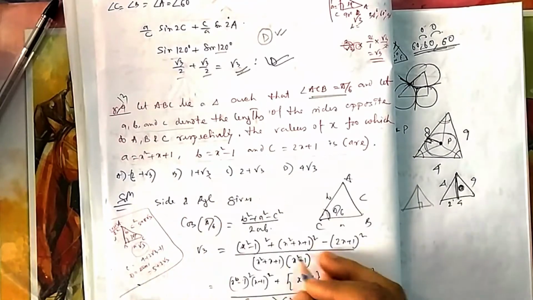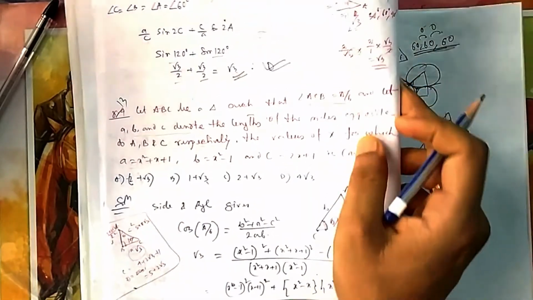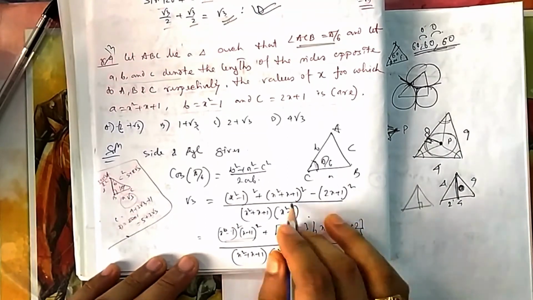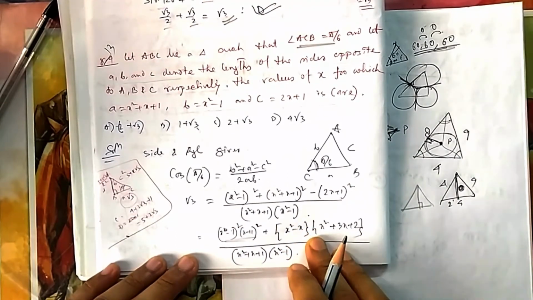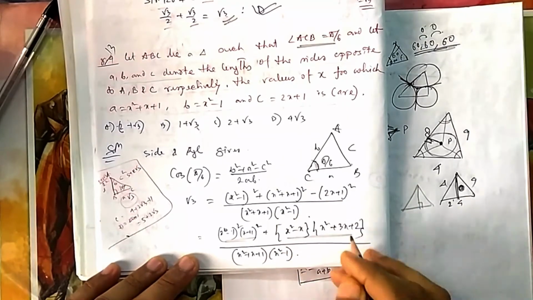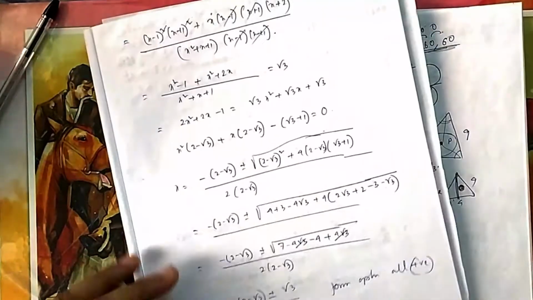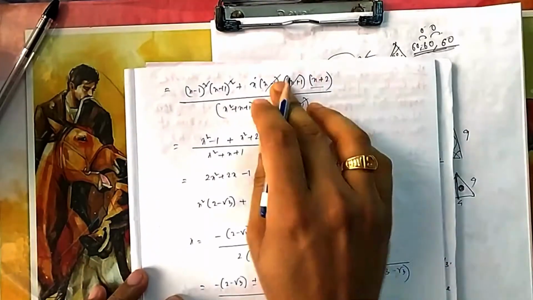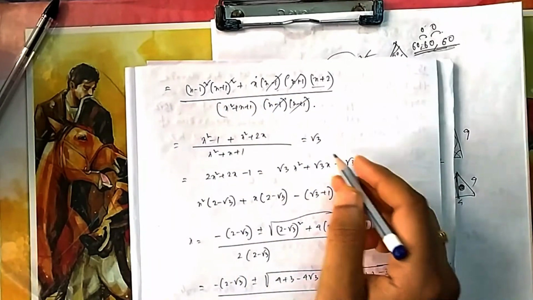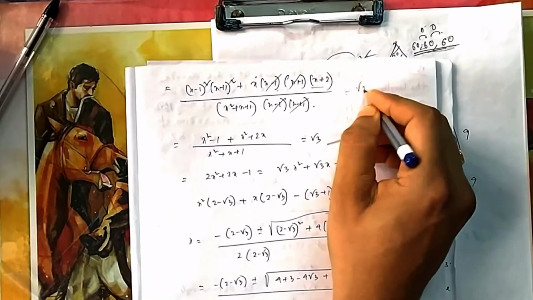You put all these values of A, B, C. I think these are all simple algebra. There is no issue here. Plus b into a minus b. Somewhere I may have skipped some steps, so you can do it. Here you can do a plus b into a minus b, so you will find this one can be factorized. So I have written it all directly. You can easily factorize it. You can take x plus 1 common, x minus 1 common, and then cancel it out. It should be equal to root 3, which they have given.